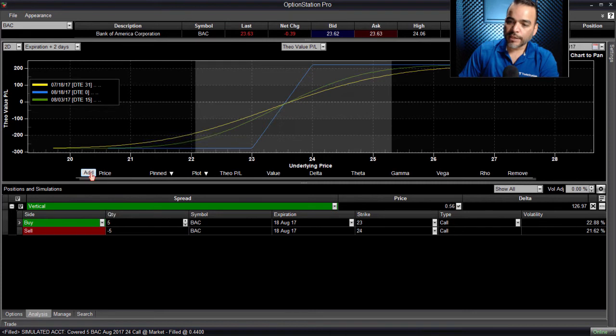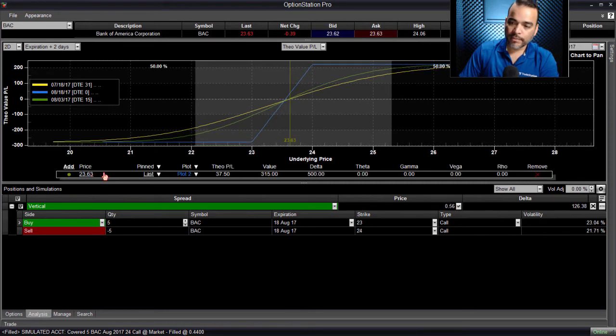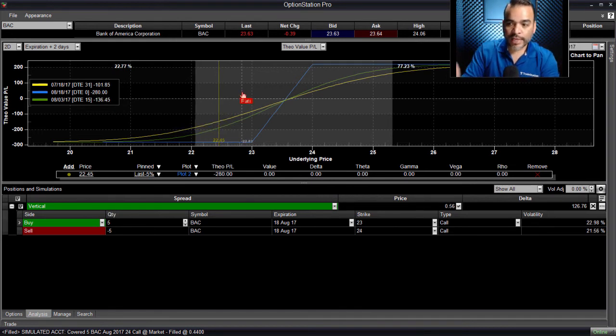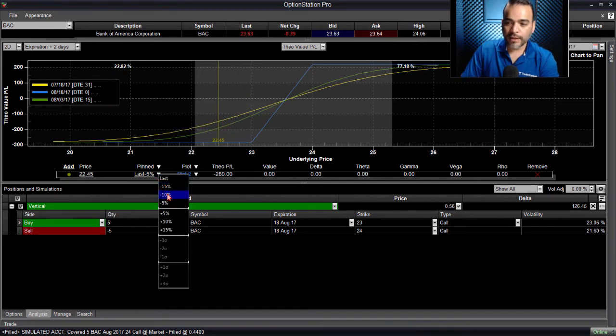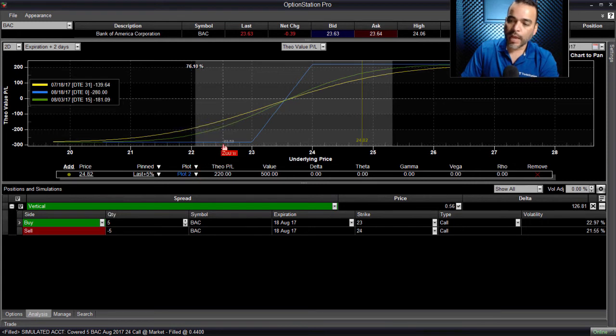I'm going to click on add right here, and you can pin it and say, okay, if it goes down 5%, this is what my theoretical P&L would be. I would lose $280. And when you pin it to 5% lower, it'll give you a vertical visual of what that 5% would look like. Now, if you come over here to pin and you say, well, what would happen if it goes up by 5%? And if it goes to 2481, it would generate a P&L of $220